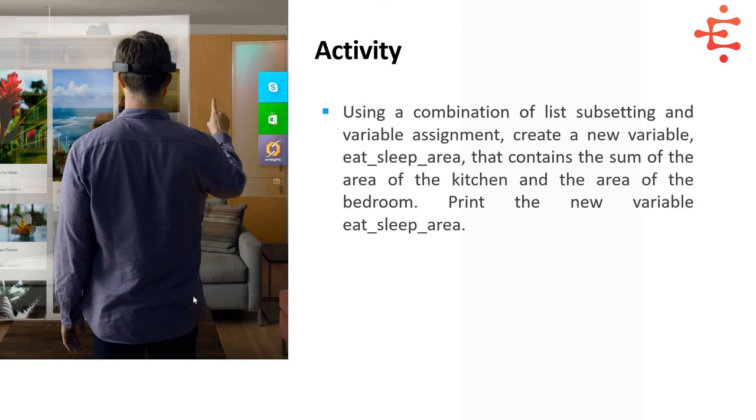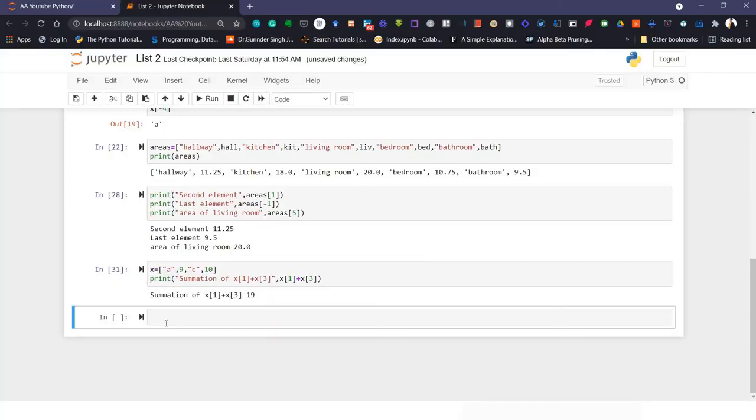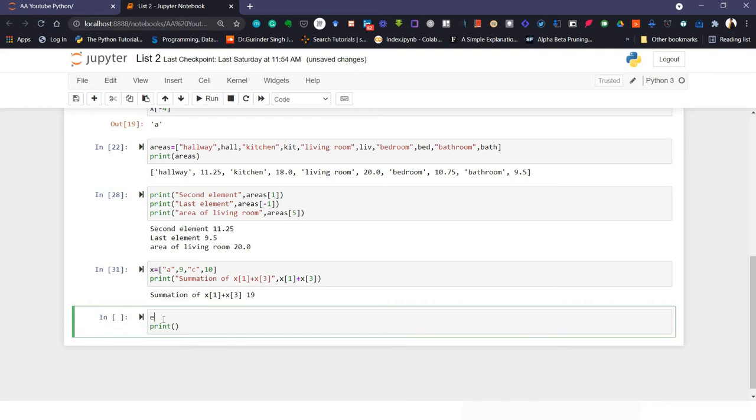So bedroom and kitchen, and giving it eat sleep area and adding the value of bedroom and